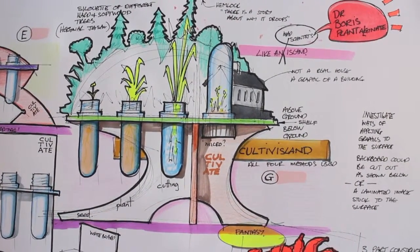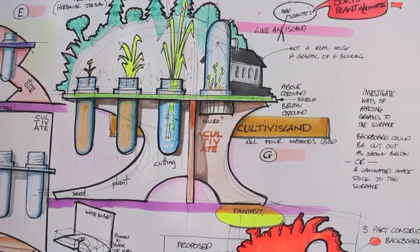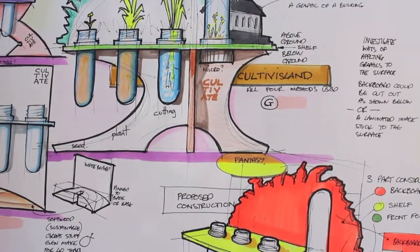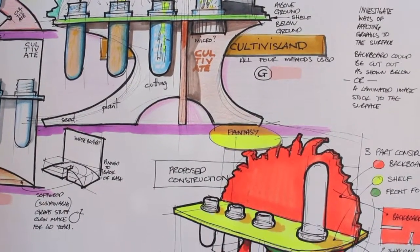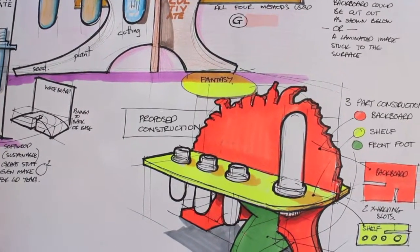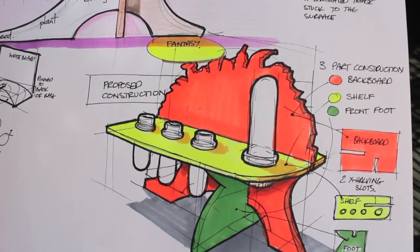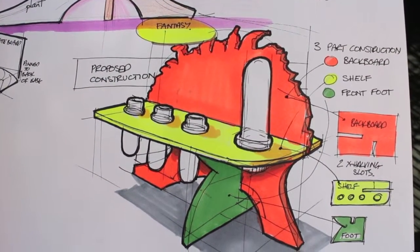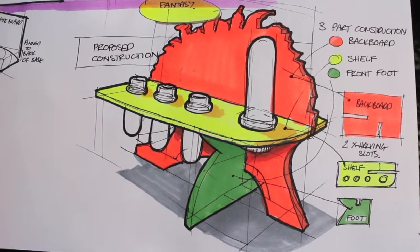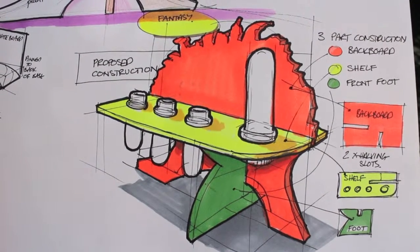And a building which came to mind of some mad scientist. I think his name was Dr. Boris Plant Alginate, I think there were a couple of jokes in there somewhere. Our Cult of Ireland. And a look at the possible construction, again not using the final colours, considering how the graphics might go on, but showing how this thing might go together. Another excellent time to get the cardboard out, or MDF or whatever modelling material you can, and try this construction without the holes, difficult to cut. Here's an idea of the